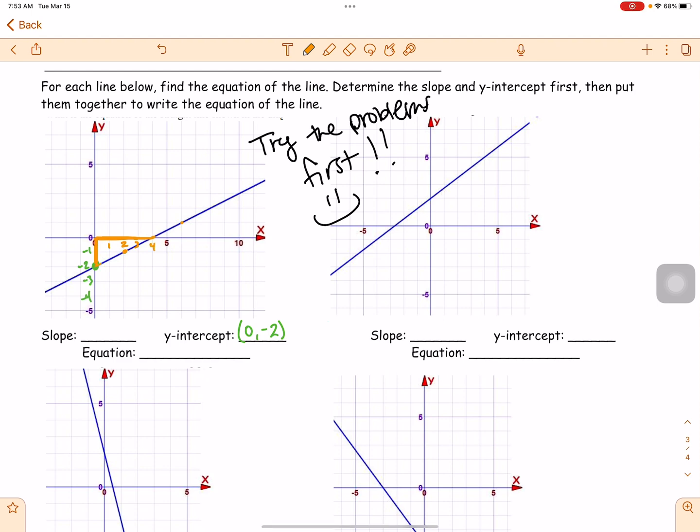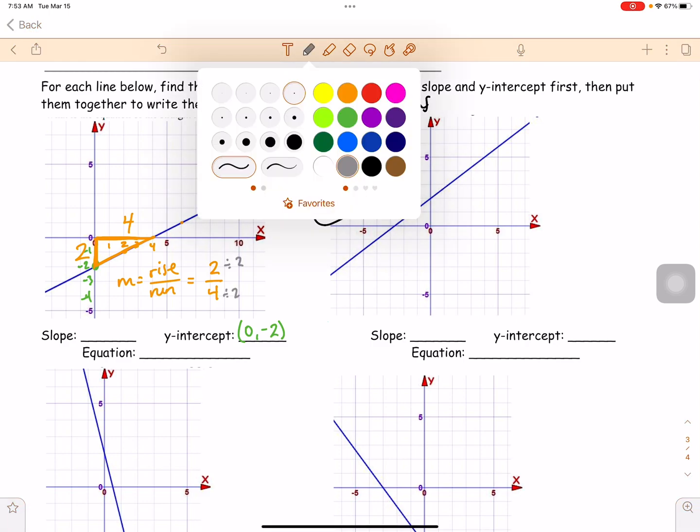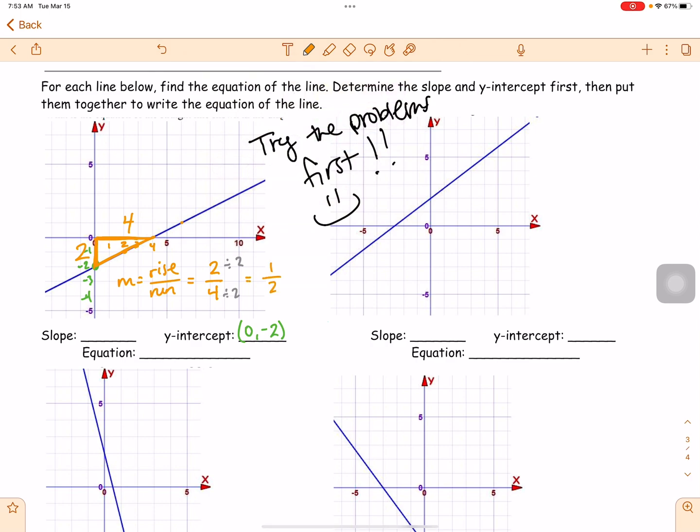So my rise here was 2, and then I ran over 4. So slope is rise over run, 2 over 4, and I'm going up, so it's positive. Oh, I know that these two can both be divided by 2, so then I get 1/2. So my slope is going to be 1/2,